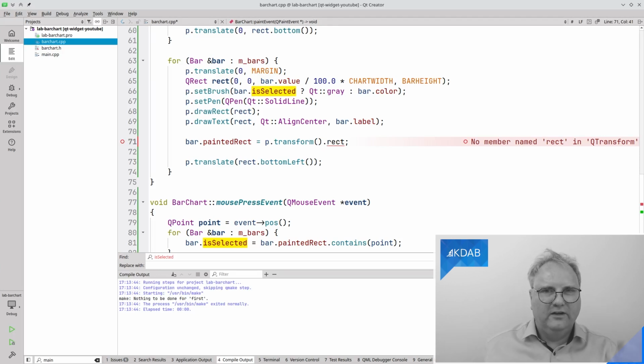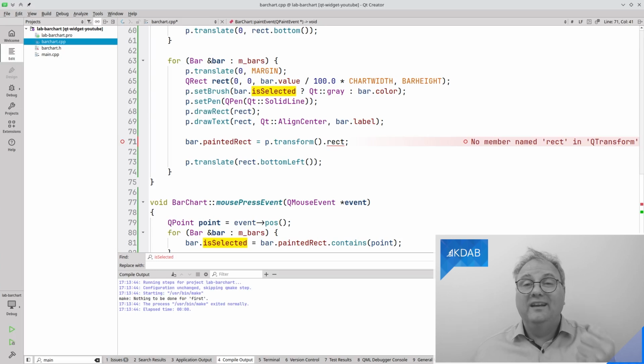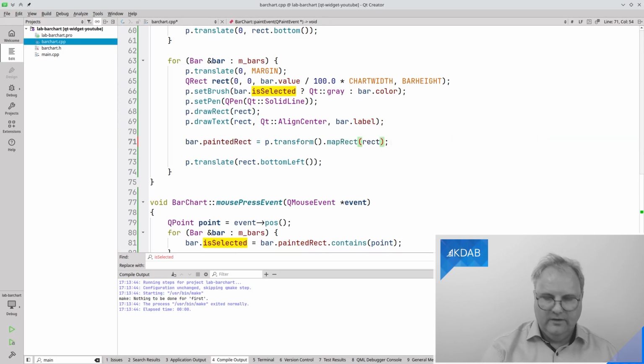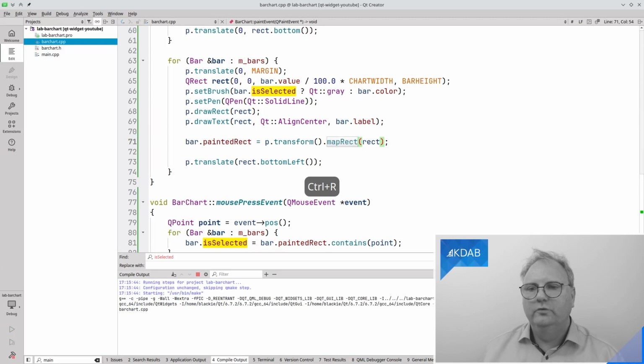So this transform that I have here is what all the painting is going through. I have a rectangle that should be painting from 0,0 to 100,100. What coordinates on the widget should be painted, and that's what the transform is transforming. And then it has a mapRect that is mapping the rectangle to this transform.